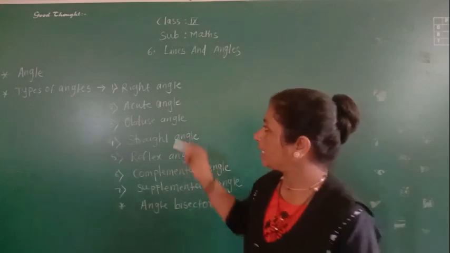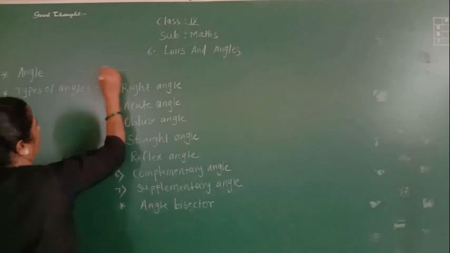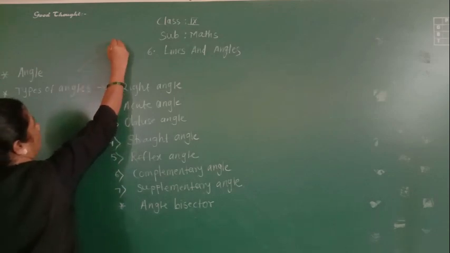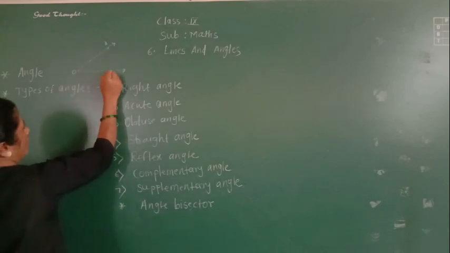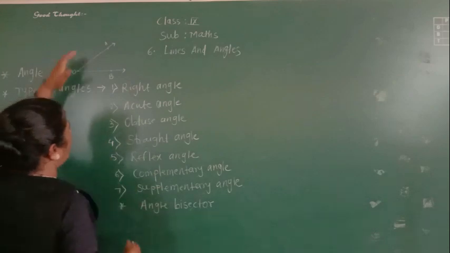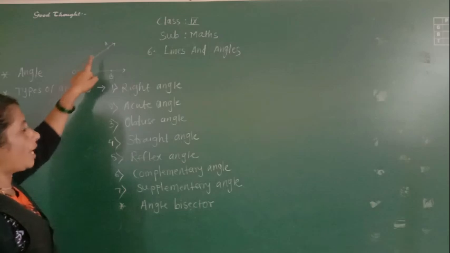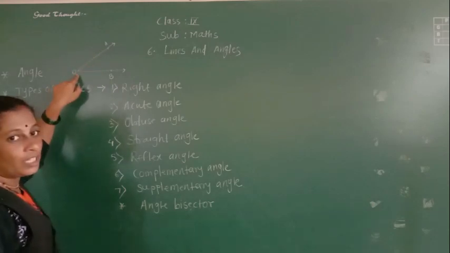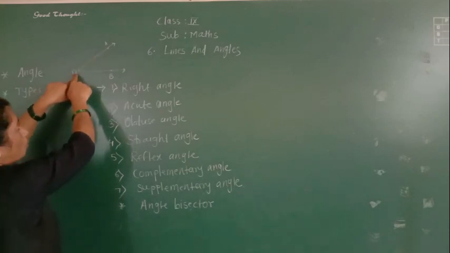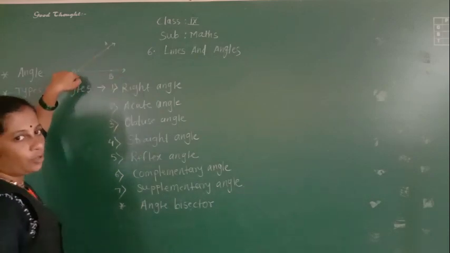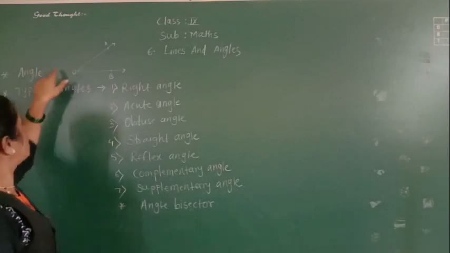So everyone knows that an angle means two rays. This is the figure of your angle, correct? So here A, O and B, we can say AOB is your angle. It means that the two rays OA and OB originate from the same end point. OA starts from point O and OB starts from point O, right? So these two rays originate from the same end point. So it is an angle, right?